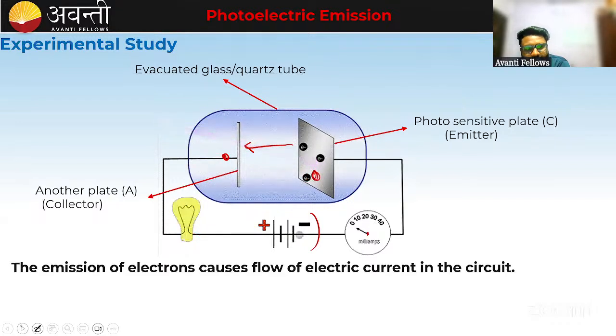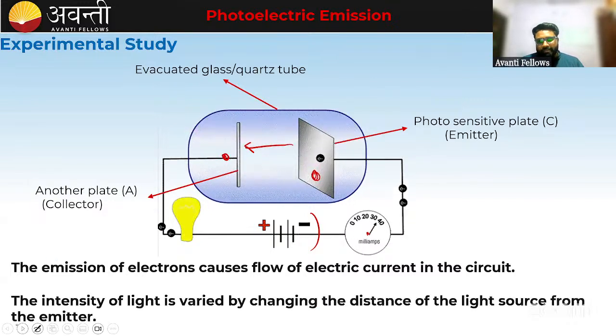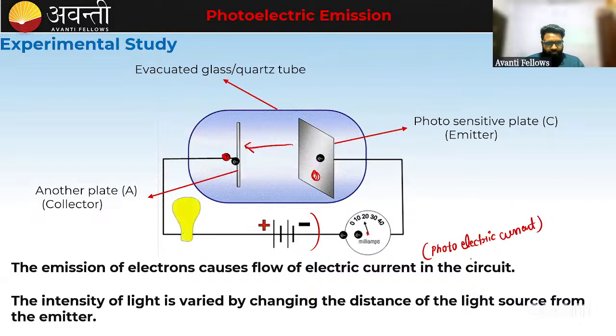Now the emission of the electron causes flow of electric current in the circuit, and that electric current is termed as photoelectric current. ठीक है, उसी करंट को हम क्या बोलते हैं, फोटो इलेक्ट्रिक करंट। It is photoelectric current. ठीक है।